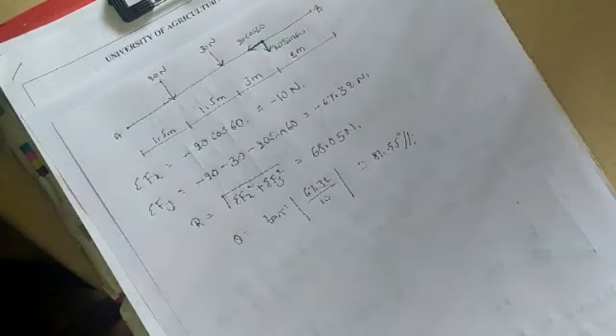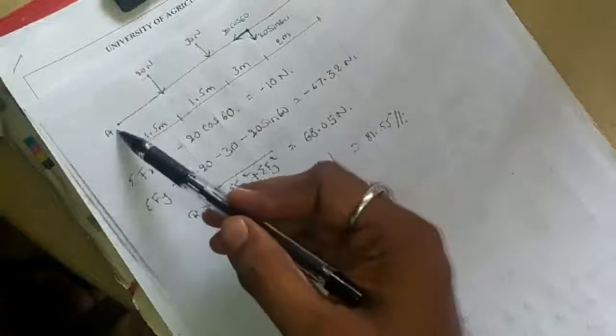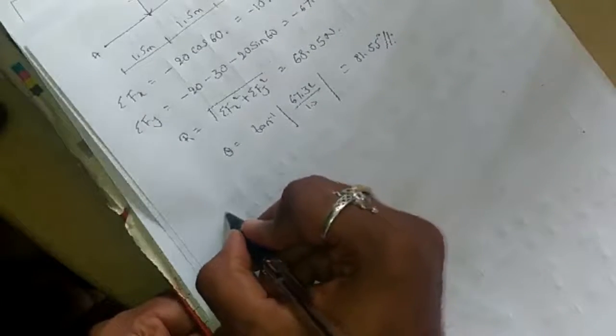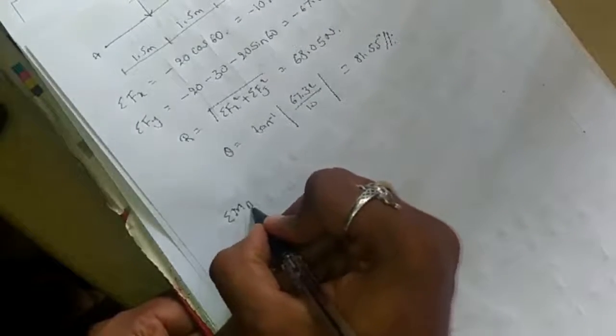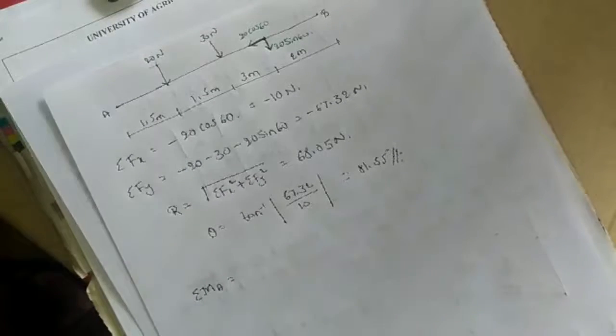Okay, now finding R and theta is over. The next question is to find the moment about point A. So I'm writing here: summation of moment about point A is equal to,